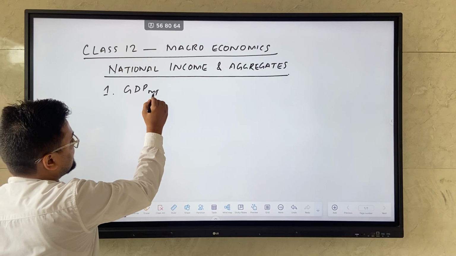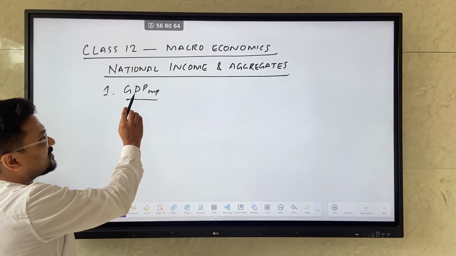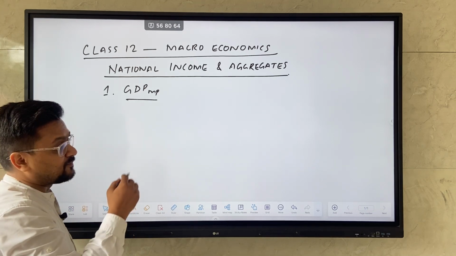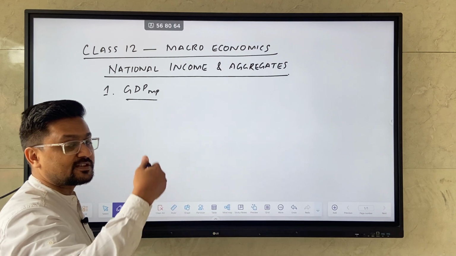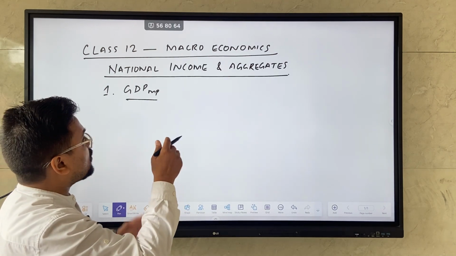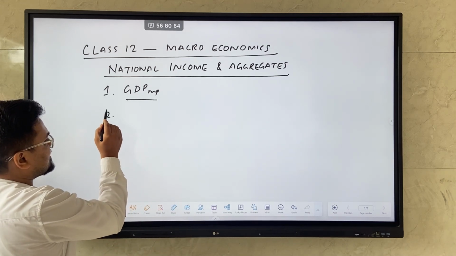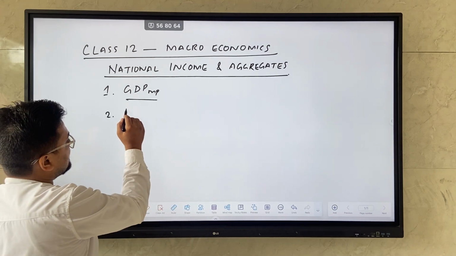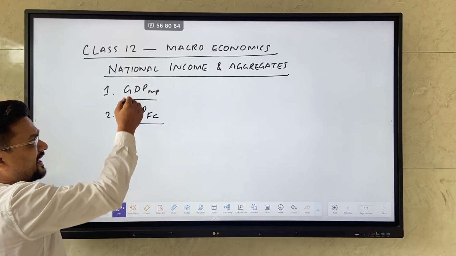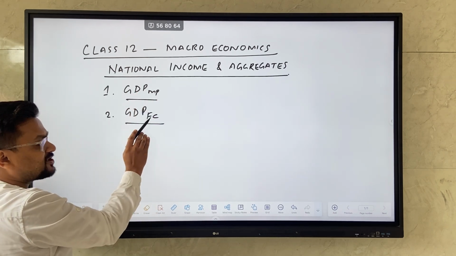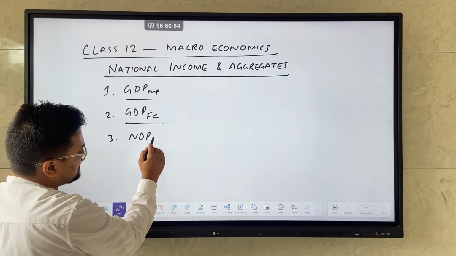GDP at market price. So what is GDP at market price? It stands for gross domestic product at market price. We'll be studying in detail in the upcoming videos what the definitions of GDP and all are. The next aggregate is GDP at factor cost. So you see there are similarities. Okay, it's GDP at market price, GDP at factor cost. Similarly, we have NDP at market price,